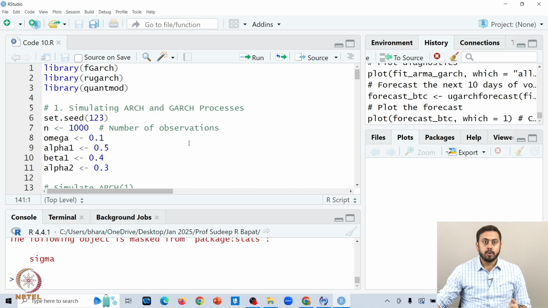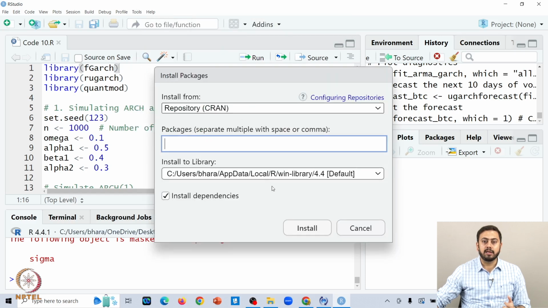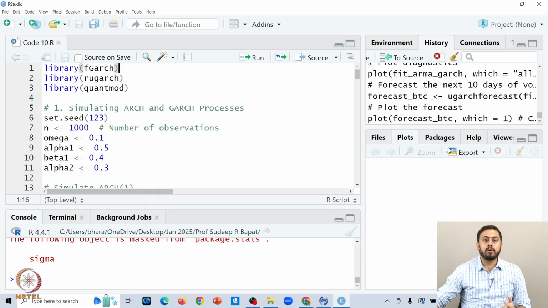As always, we will start with incorporating some packages. The first one is fGarch, which has not been used earlier because fGarch focuses on capturing the Garch capabilities of a time series. We will involve that in the R environment. Just one disclaimer: if you have not installed the packages, you have to go to Tools and click on Install Packages, then write down the name of the package here and click on Install. Assuming that you have all three packages installed in the R environment, you can call them using the library or require command.